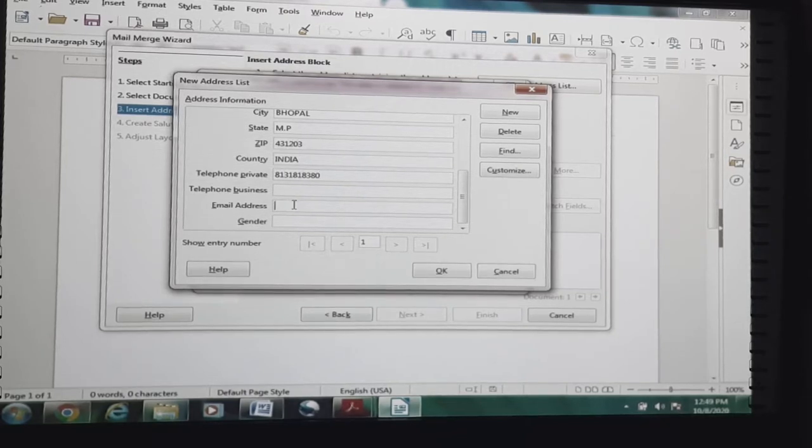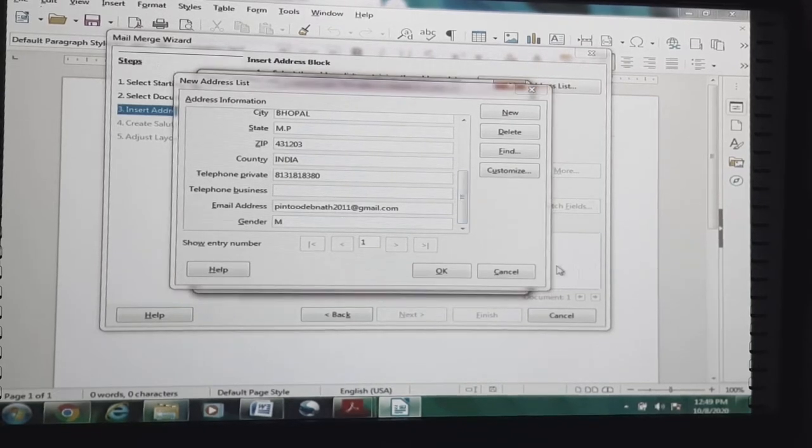Email address, if you need, you can enter. Email address can be entered, then your gender. Okay. Once it is filled, you can click on the OK button.